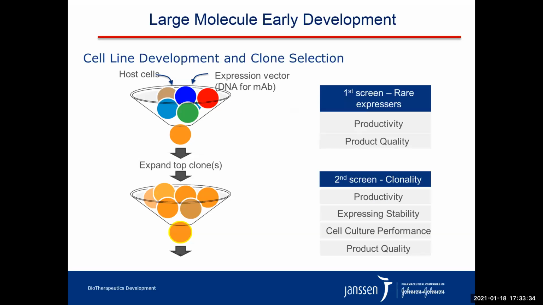Cell line development is depicted in this figure as a funneling process where the most desirable clone is selected based on product quality, expression, stability, and the titer, which is most important. CLD starts with the transfection of expression vector with the gene of interest into the host cell line. The single cells are next plated by isolating clones from pools using a process known as VIPS, or verified in